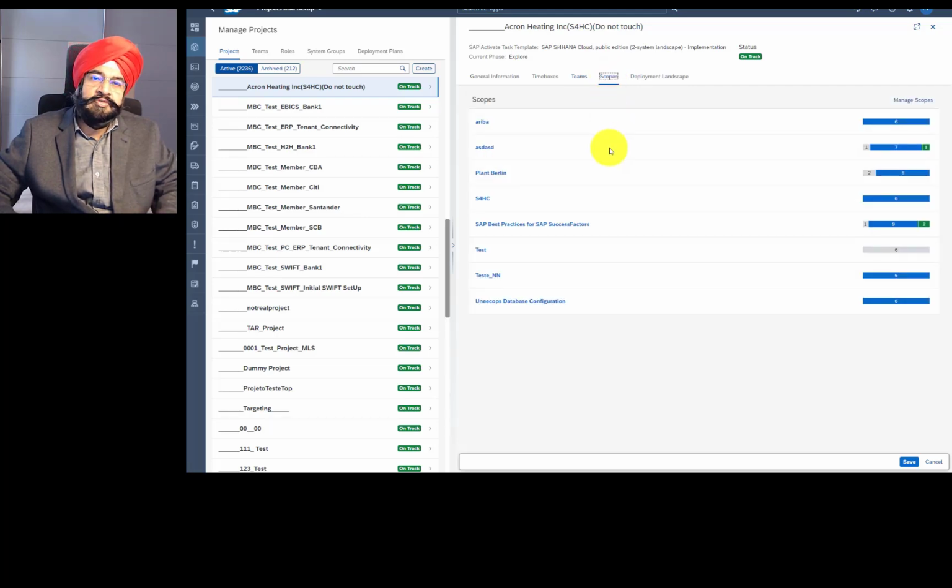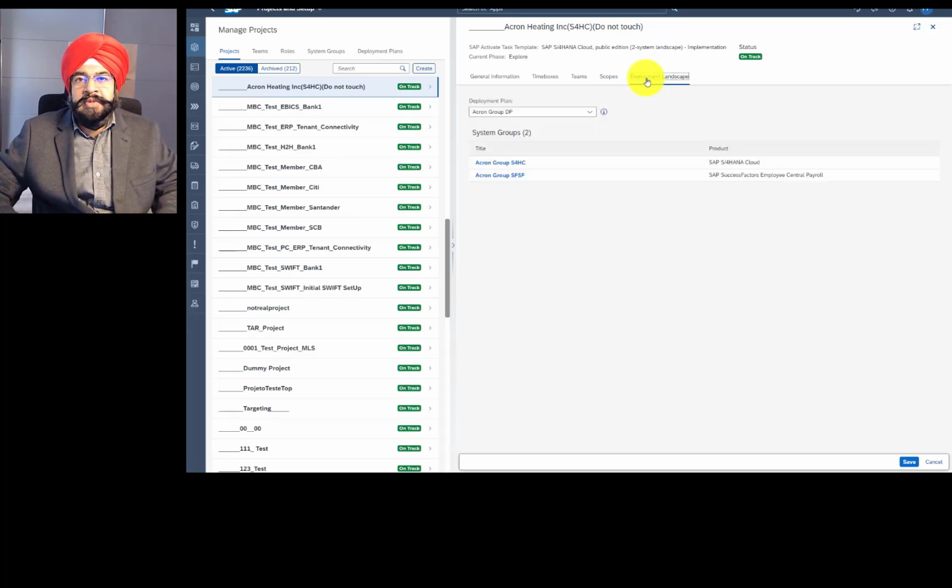Scope is a collection of processes that are managed together. It's a topic in itself, so it will be explained in a separate video. The deployment landscape gives the landscape to the project. This is also a huge topic, and if you are working deeply in this area, then I suggest you review the release and deployment planning video, and the link to that will also be added in the description of this video. The point you should know is when you assign a deployment plan, then you get the landscape assignment to